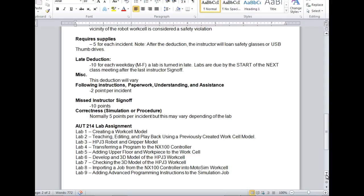Then we'll learn how to import a job from the NXT controller into MotoSim. So what we'll do first of all is learn how to put a program over there in the controller, and then we'll learn how to take a program that's over there and bring it into MotoSim and make corrections on it, and then do what? Then we can take it over and put it back on there. So if I'm thinking about changing a work piece, and the job is exactly the same, the only thing that's going to change is a few points, then I can keep that robot making the old piece and do what? Come back in and modify the program, and then come in the next day and upload it into the robot, put my new work piece out there, and check to make sure it's okay on the real robot,